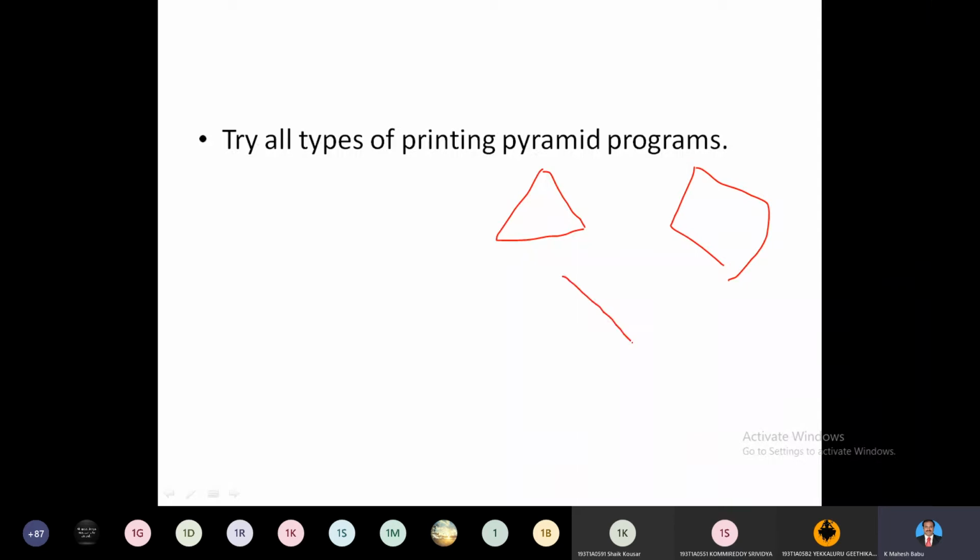And print in this format, right? So try to solve all the shapes by your own. Don't copy the content. Don't take information from somewhere else and just compile and run. It is not good practice. Try to solve by your own, and at any stage if you have any issues we will discuss in the class itself, right?